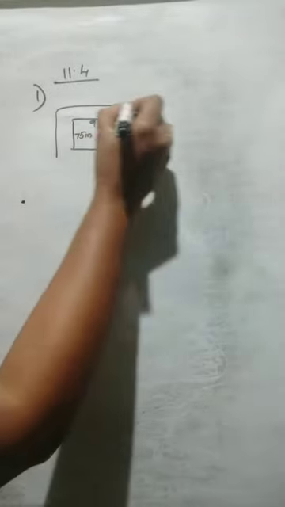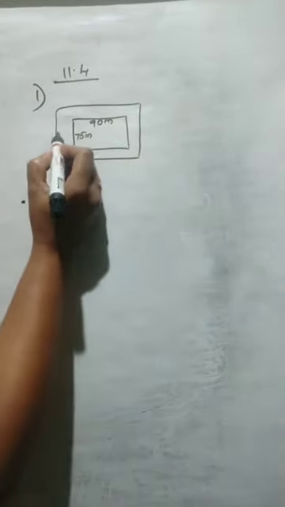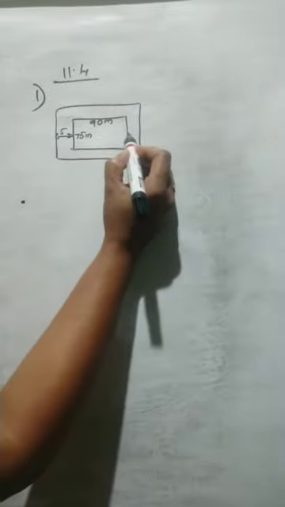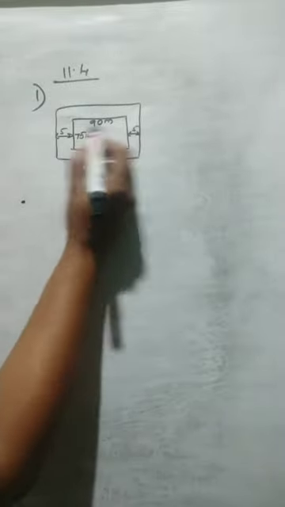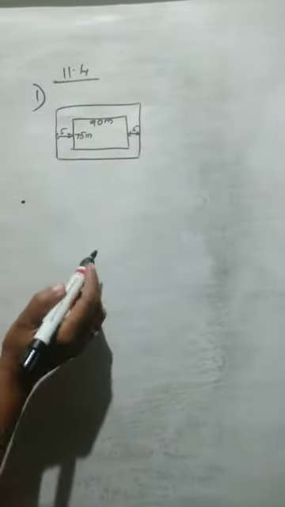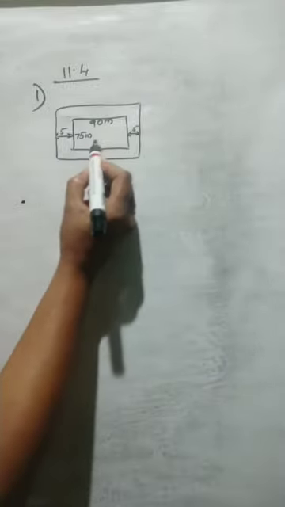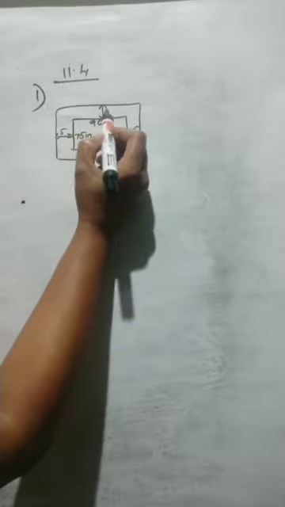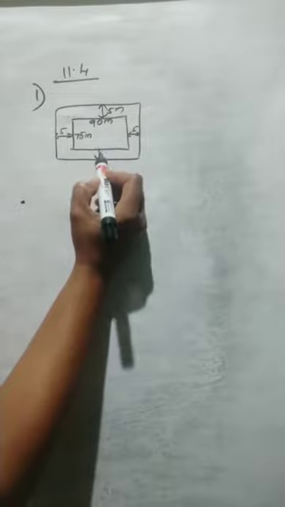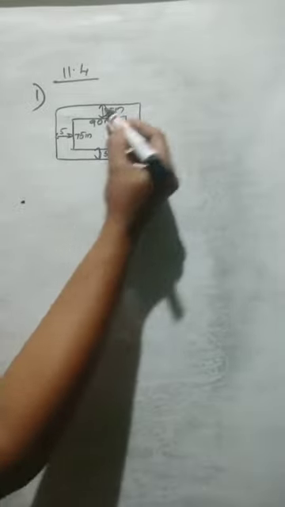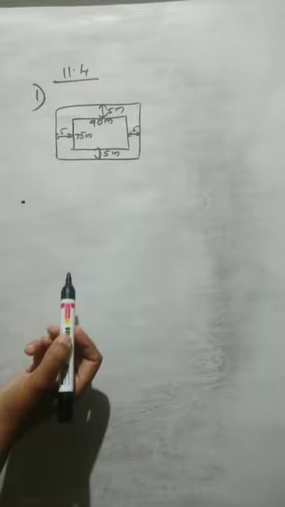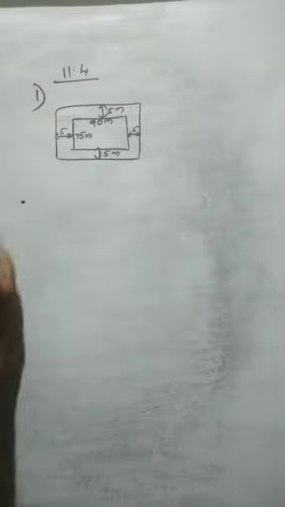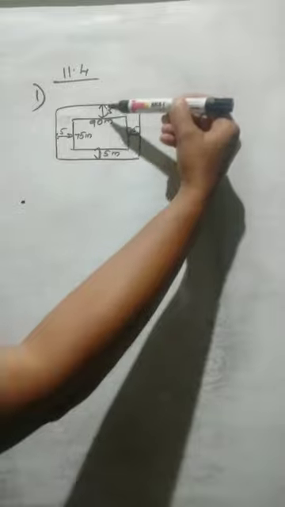So, 5 meter path. From here to here 5 and here 5. So total 10 meter extra. And here also 5 meter and this also will be 5 meter. So here also total 10 meter. That is 10 meter extra for both sides. Okay. And up and down also. So 5 meter, 5 meter.